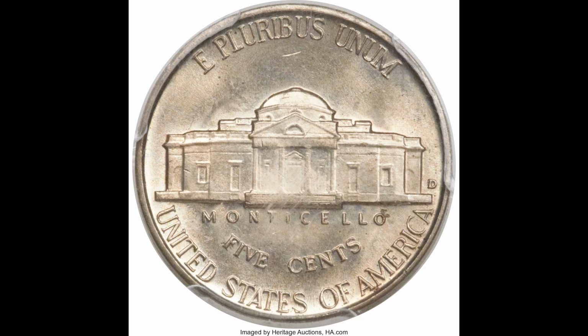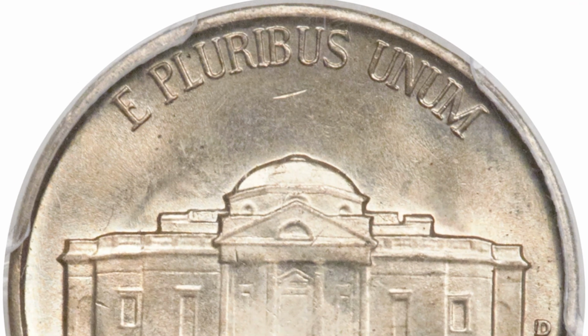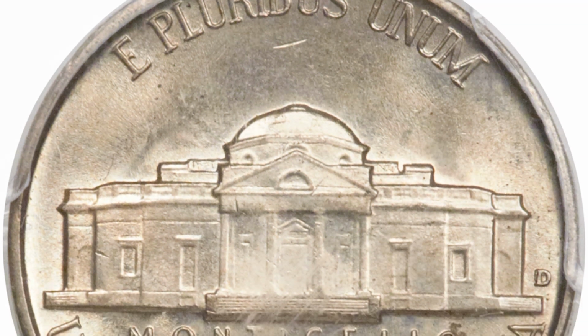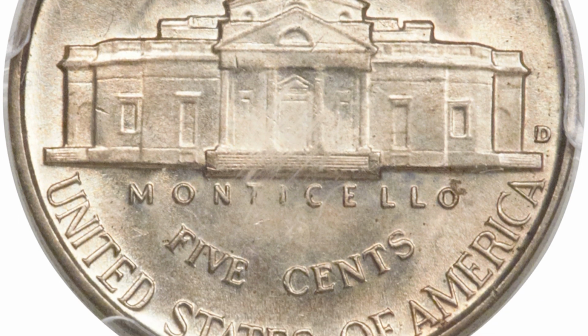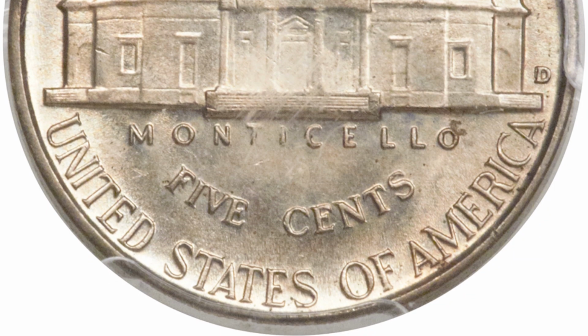If you flip the coin over and look on the back right of the coin, you're going to see the mint mark for Denver, the D, and that has some doubling happening. If we zoom into that area, you can see that the D does not look as clear and sharp as it should be. Because it has the D over horizontal D mint mark, that made this coin worth a lot of money. In combination with the grade by PCGS, this coin sold for